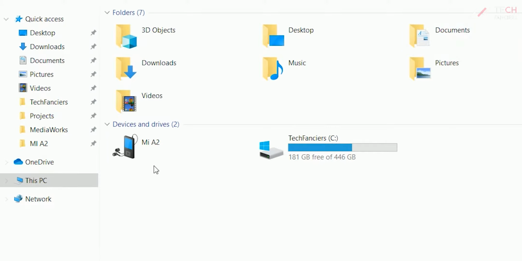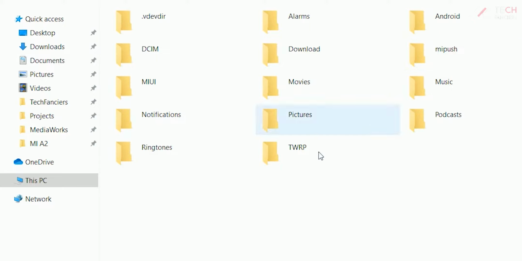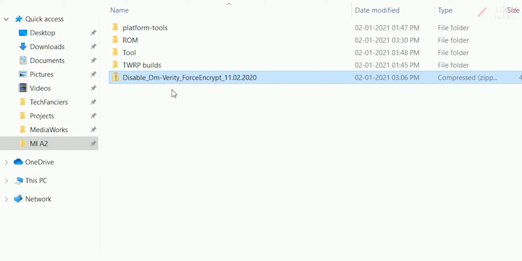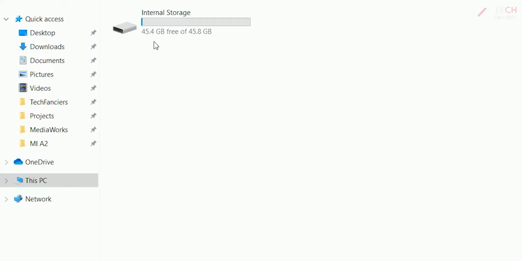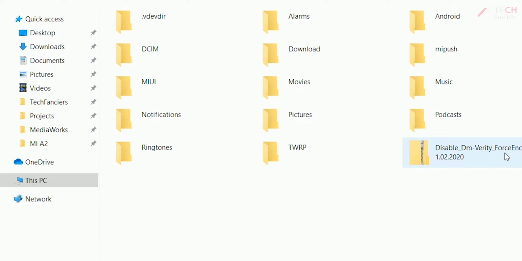Now you will be able to see the storage on the PC. Now copy and paste this disable force encryption zip.